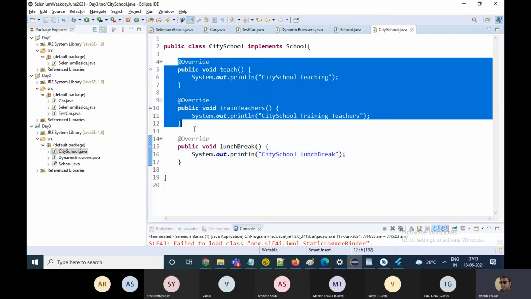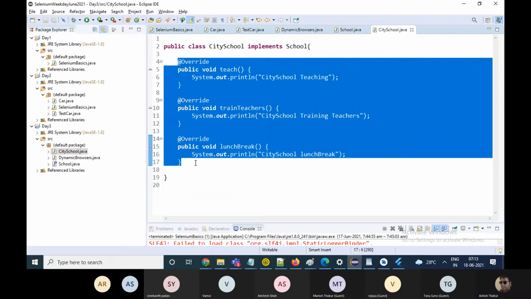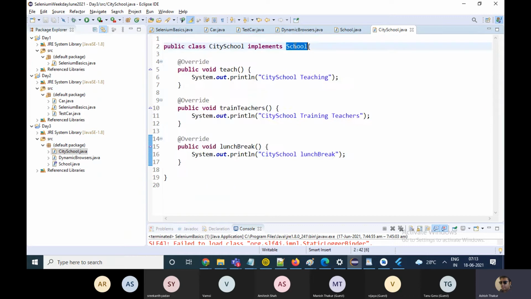So you have got simple three functions which are coming from the interface into the class.